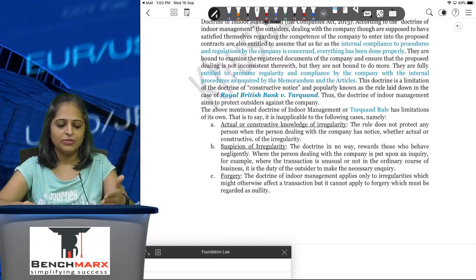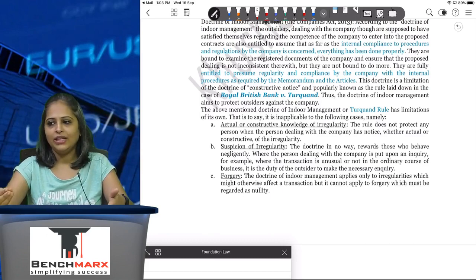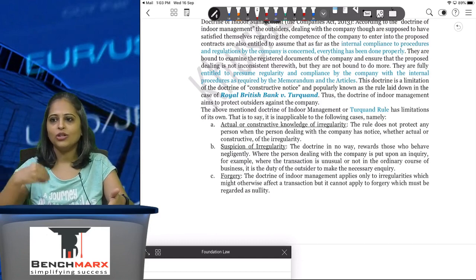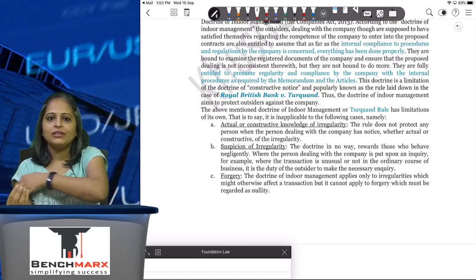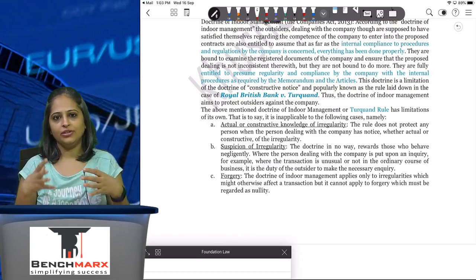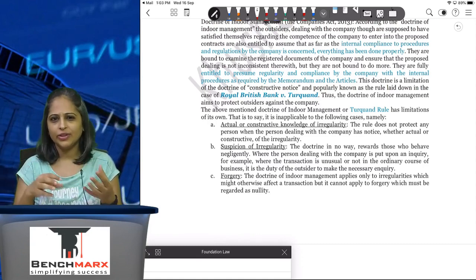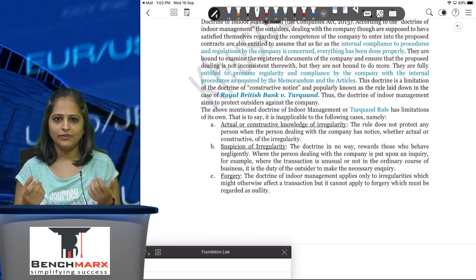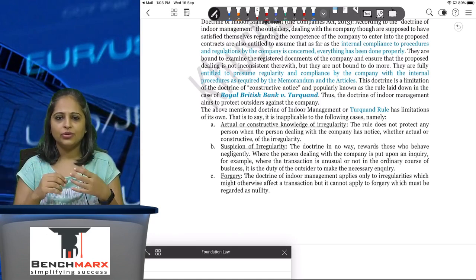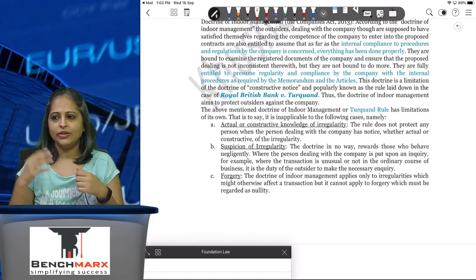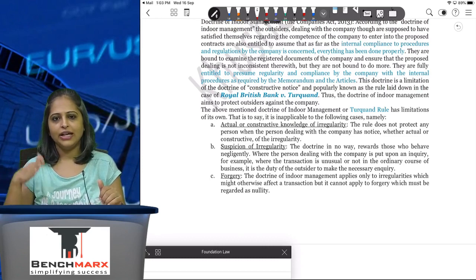Doctrine of indoor management, what does it say? That if I am dealing with the company, then I am supposed to look at the charter documents, which is constructive notice, but I am not supposed to look at whether the company has done the day-to-day internal affairs of the company. So they've called a meeting, okay. Whether they have given 21 days notice, I am not supposed to have a look at that. Whether there was adequate quorum present, I am not supposed to look at that. Whether if the meeting was adjourned, whether it was again called after a week at the same place,